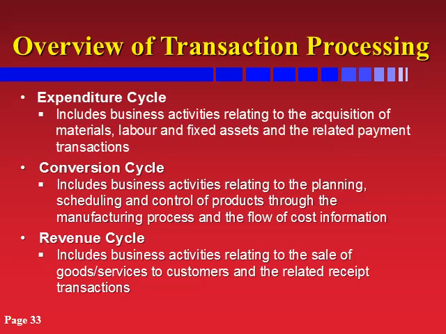The expenditure cycle includes business activities relating to the acquisition of materials, labor, and fixed assets, and the related payment transactions. So this includes anything to do with operating and capital expenditures. The conversion cycle includes business activities relating to the planning, scheduling, and control of products through the manufacturing process and the flow of cost information. And you will deal with this a little bit more in cost and management accounting, so we won't be looking